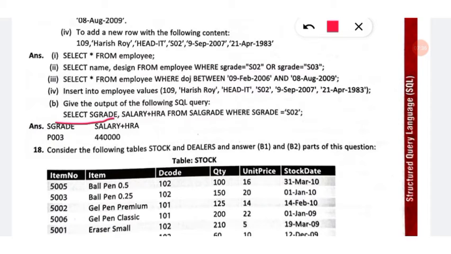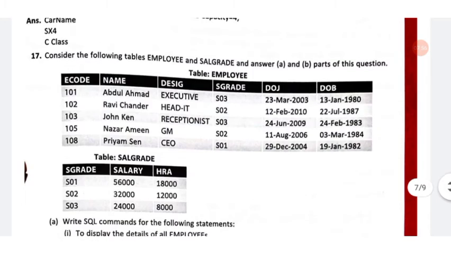Select S grade, salary plus HRA from sal grade where S grade is equal to S02. What you have to do: select S grade, that is, to display, the first column will be S grade, then the second column is salary plus HRA.